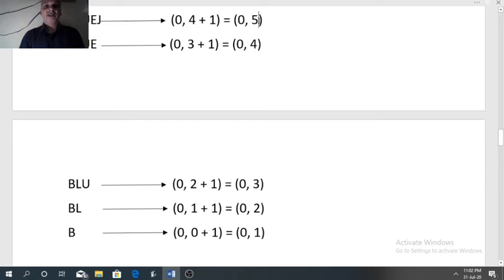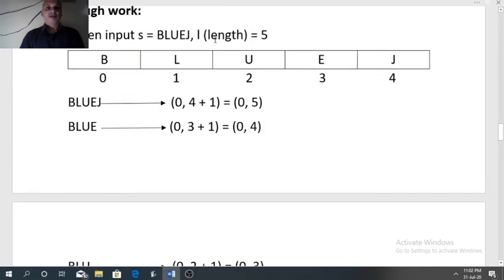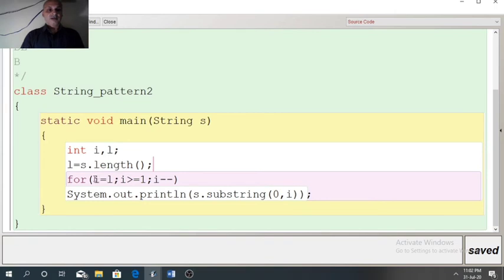And this 5 is the same as L. This is the reason we are starting our loop with I equal to L, I greater than or equal to 1, I minus minus.